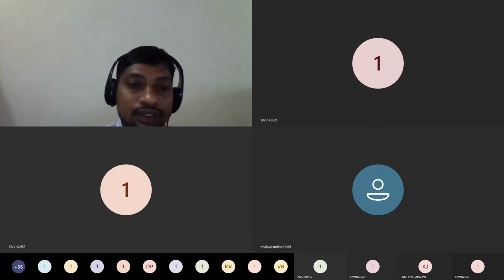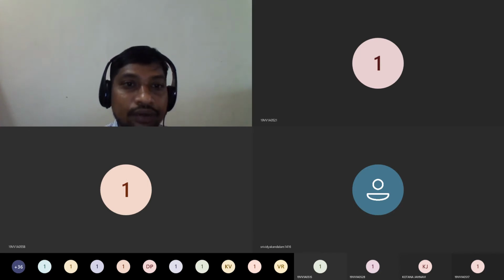See, what is the list now? Let's list it out. In the 0th bucket we don't have any elements, and in the first bucket we have only one element, that is 1. In the second bucket we have 2. In the third bucket we have 123 and 3. In the fourth bucket we have 4 and 14.